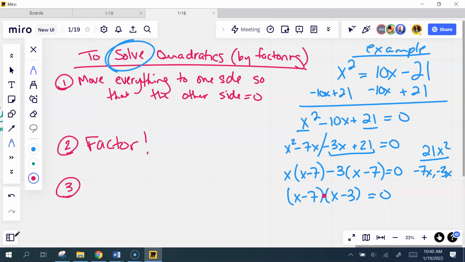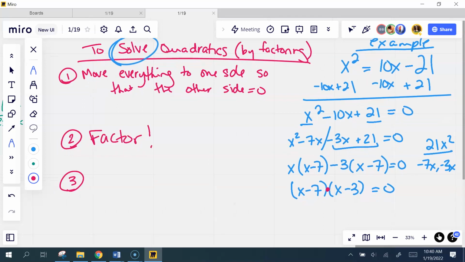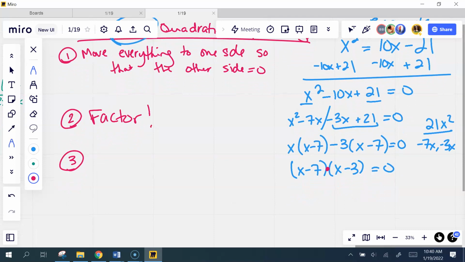Solve for x, how do I do that? Y'all are saying it, and you're right, but what I'm going to do is set each factor